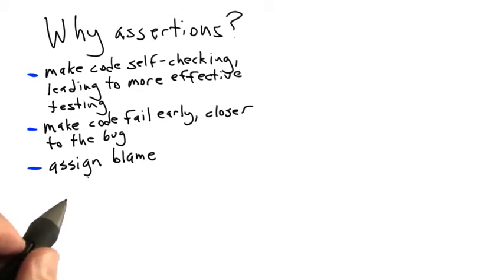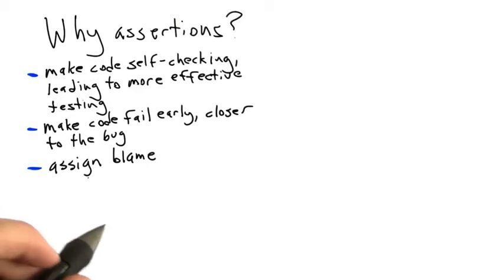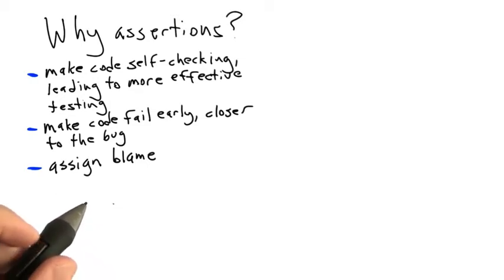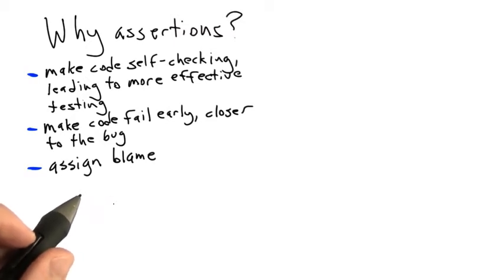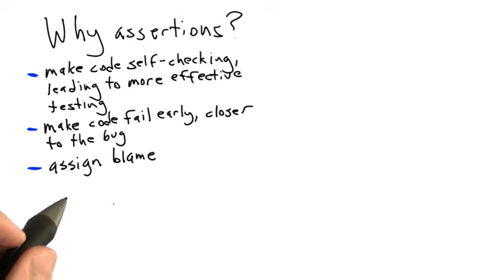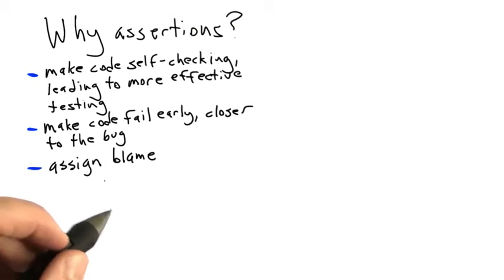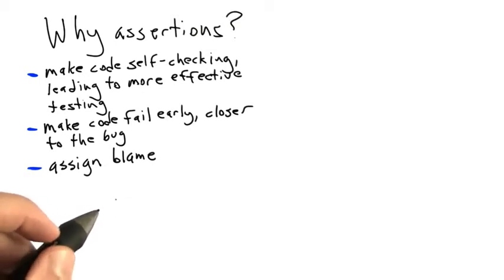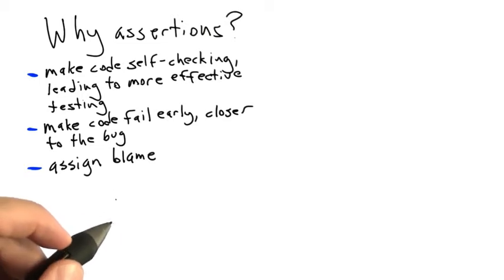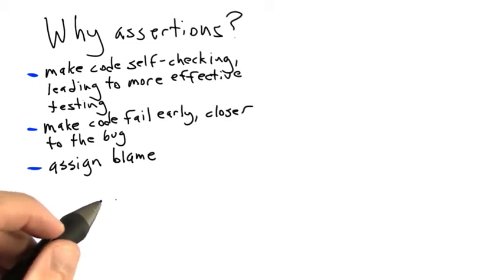So it's often the case that assertions live at interfaces between different modules, and in many cases it's possible to look at where the bad values came from that led to the assertion failure and use that information to assign blame to one of the modules involved in the call or to the other one. And real software testing exercises often lead to difficult finger-pointing problems, and any tools that we have that allow us to accurately assign blame to one or the other of our software modules can be valuable.